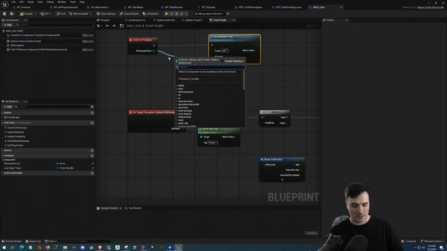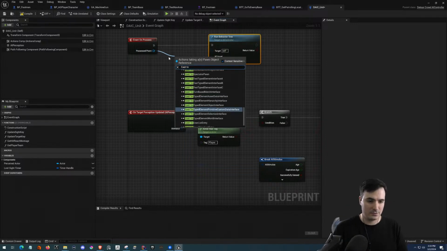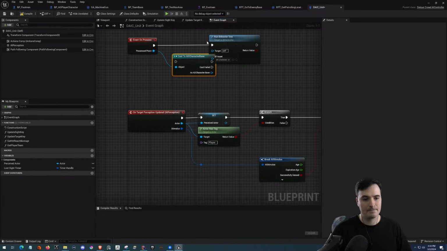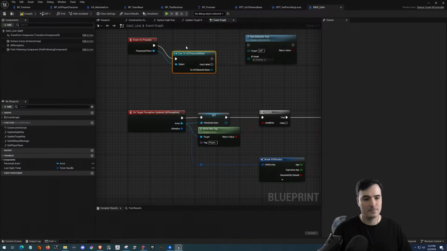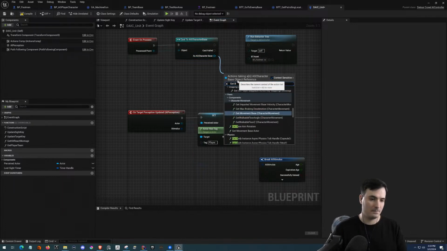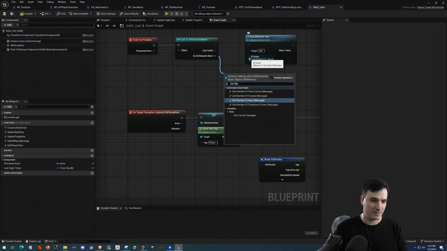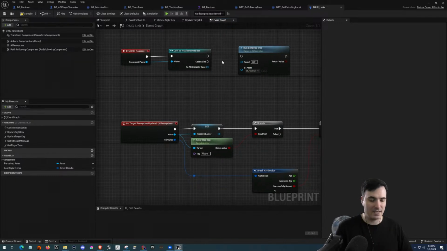I guess because this is a pawn, we could probably cast to BP AG character base. From here, right, we could probably do a get behavior. Let me make sure that I spelled this right. Does not have. Okay, interesting. At any rate, I want to promote this